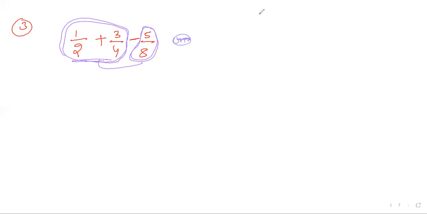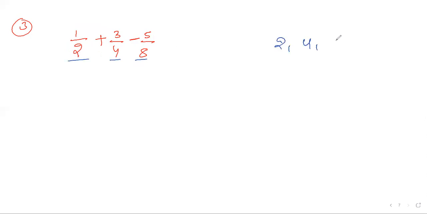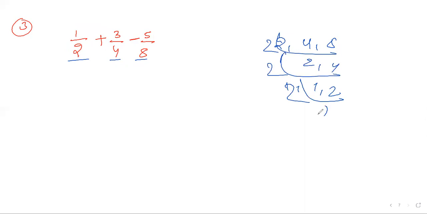You take the LCM of the three numbers directly. How you can take the LCM, I will tell you. Wait a minute. First you take the LCM of all three: 2, 4, 8. What is the answer? 2 ones are 2, 2 twos are 2, 4 twos are 8. The answer, LCM how much? 8.